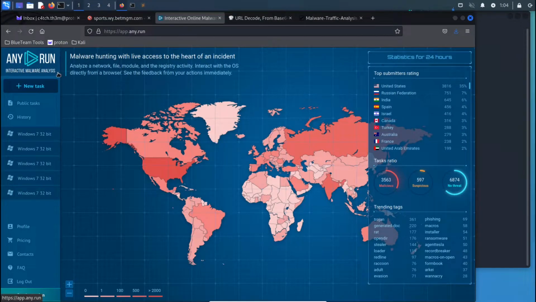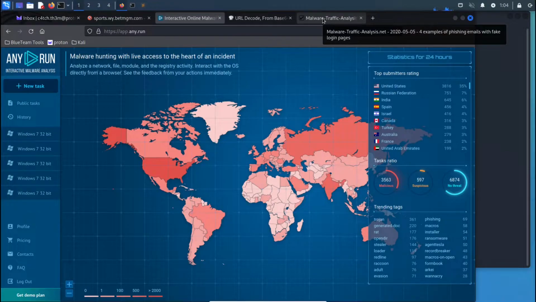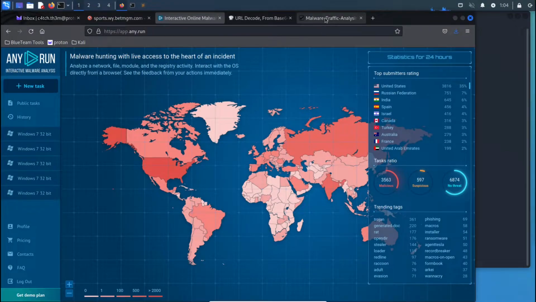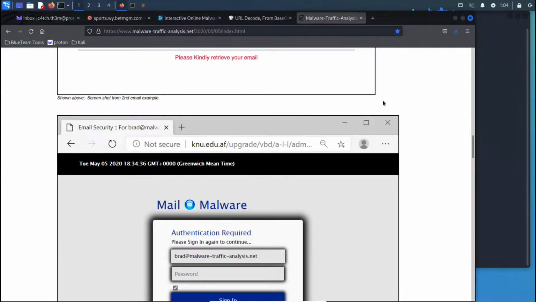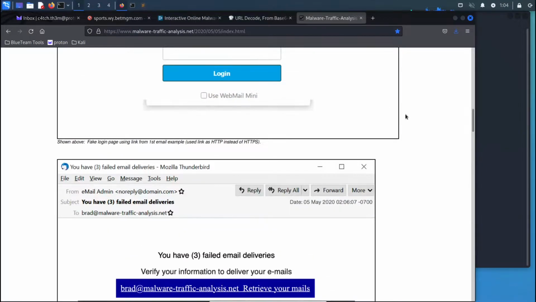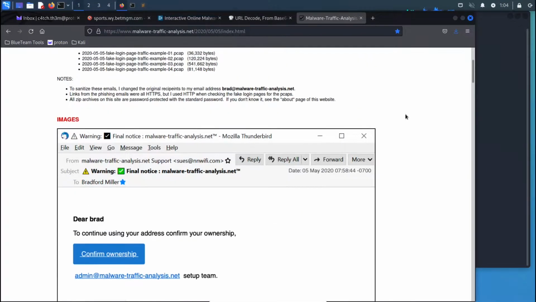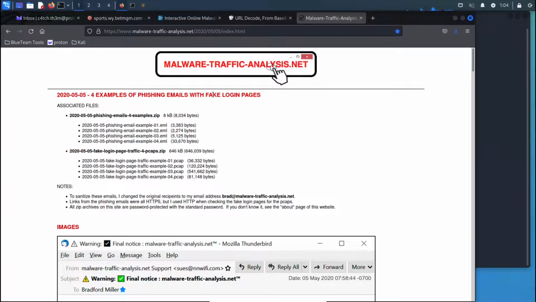This is one of the OSINT tools that we use for investigation, and we'll come back to this later on. But first, I just wanted to showcase some of the emails and how they look, the suspicious emails. So this is one of the websites where you can check samples,